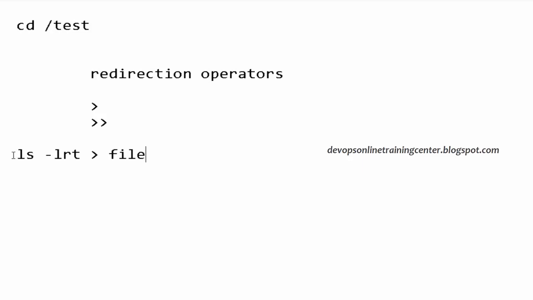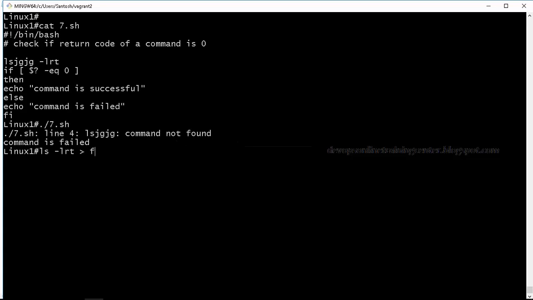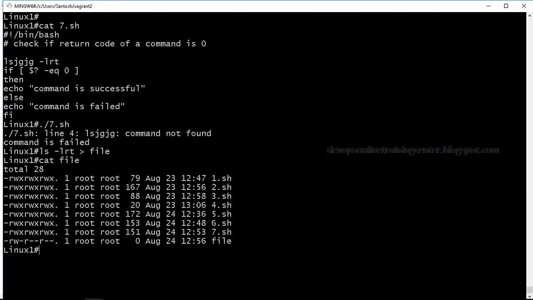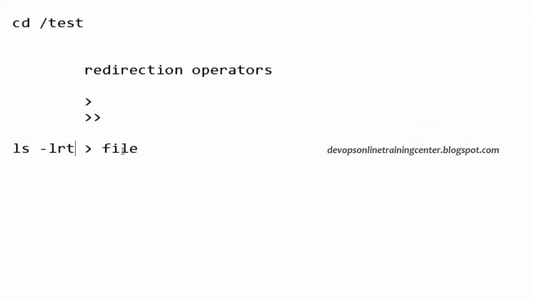Then a file will be created with the output from ls -lrt. This is called a redirection operator, right? So the ls -lrt output is redirected to a file.